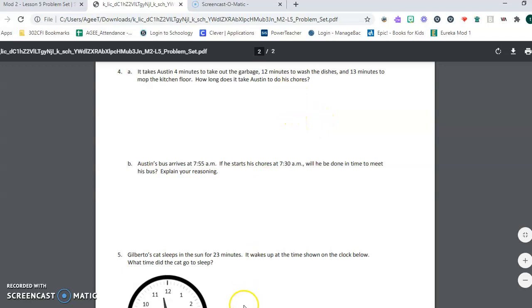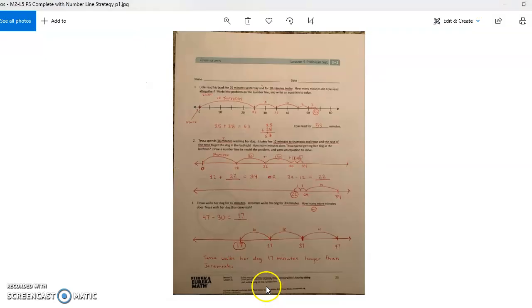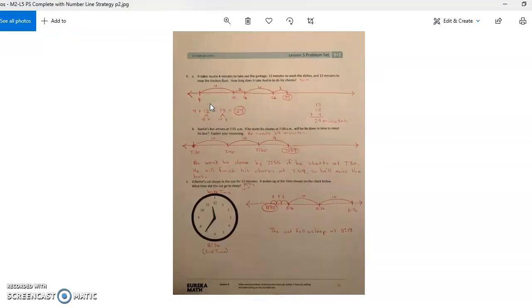I'll show you what the finished work looks like. Here we're starting at the 0 line. Nope, sorry, this is not. I have to draw my own number line here. Starting at 4, because this is the first number, it gets us to 4. I could start at 0 and then show the count up to 4, but I'm just going to go ahead and start at 4. And when you look at the equation, 4 plus 12 plus 13 equals 29,